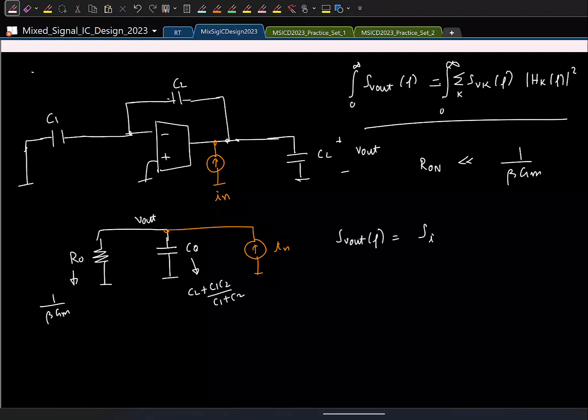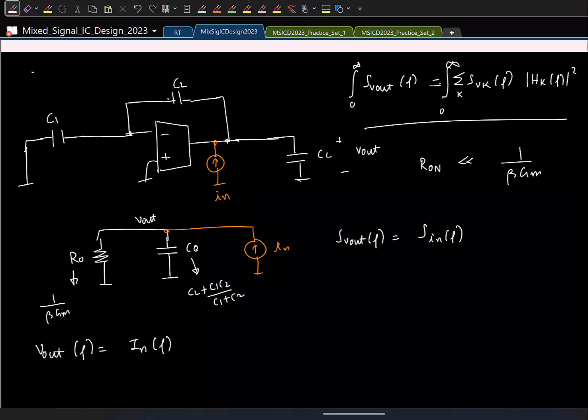It is S_in(f) times the transfer function from this current to the output voltage. And what is that? Okay, let's write it then. This is V_out(f) in terms of the current I_n(f). This is a Fourier transform, right? Fourier transform of the output voltage in terms of the current. What is that? Just beta gm plus